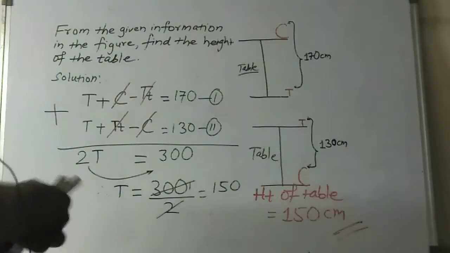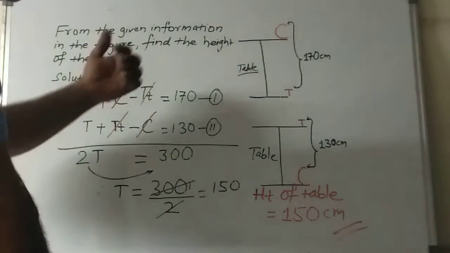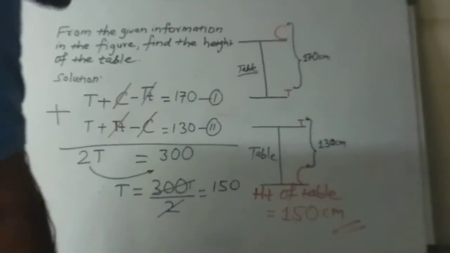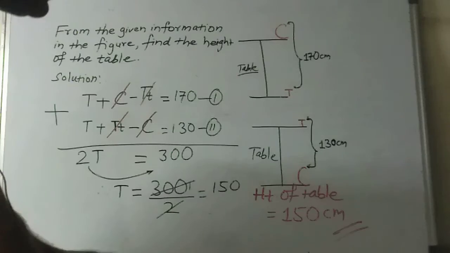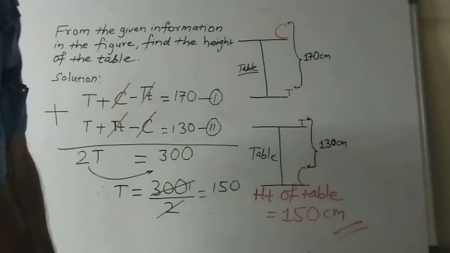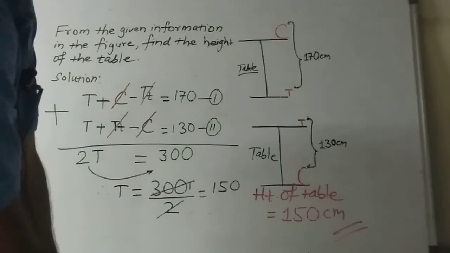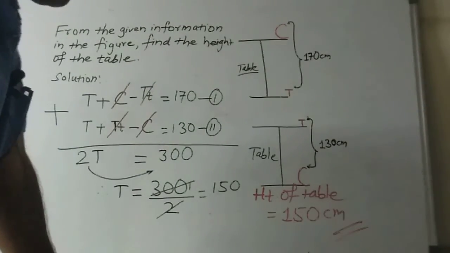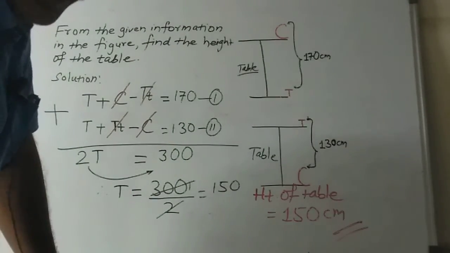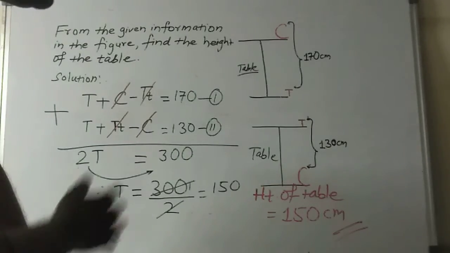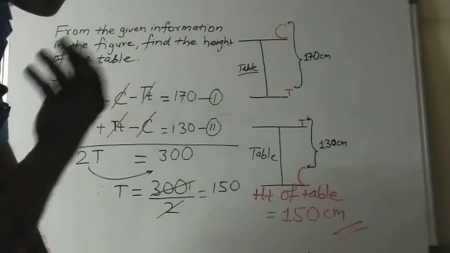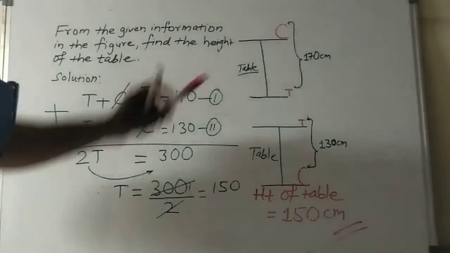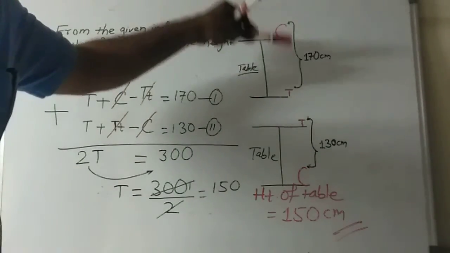Okay, in this problem maybe possible they will ask you whether it is possible to find out the height of cat and height of tortoise. So it is not possible, because in this given condition either height of the cat or height of the tortoise must be mentioned, then only we can find out height of cat or height of tortoise. They both are not mentioned here, other conditions are not mentioned, the relation between cat and tortoise is also not mentioned with respect to their height. So we cannot calculate height of cat or height of tortoise.